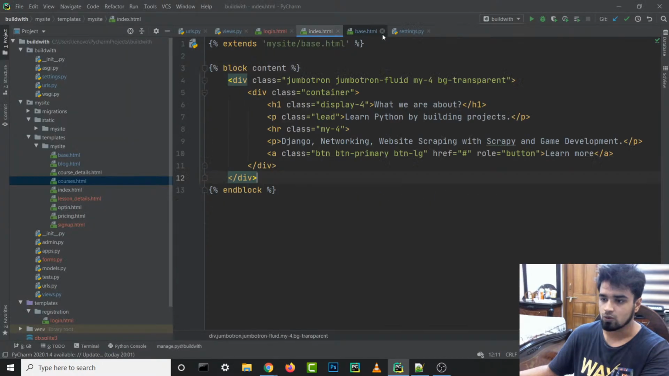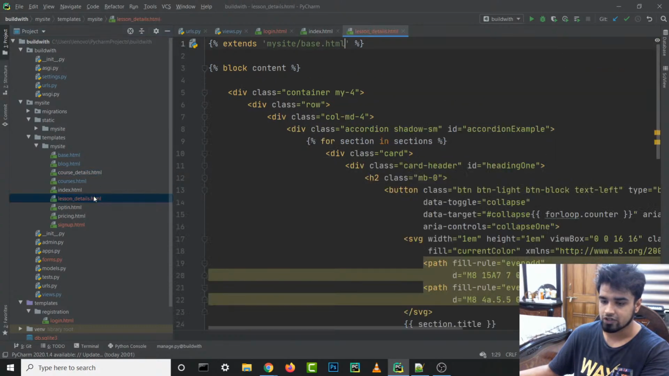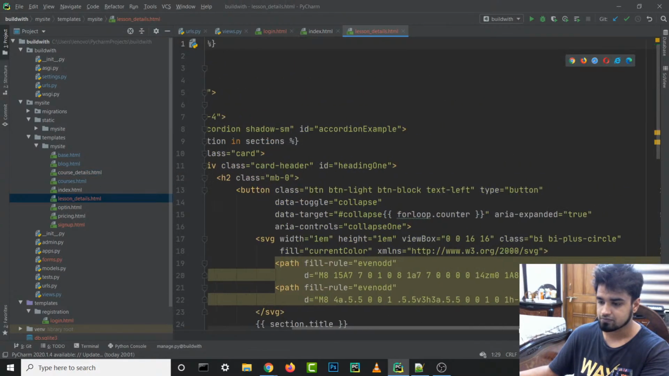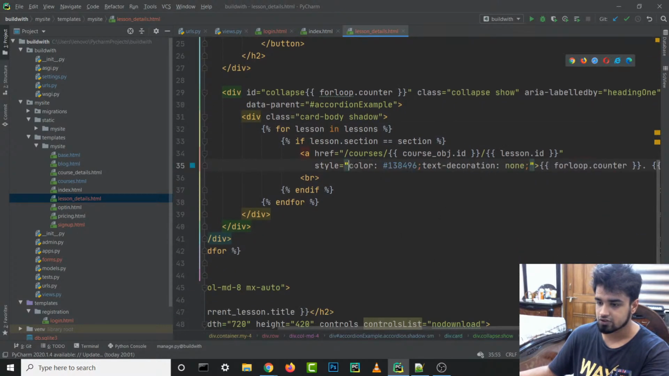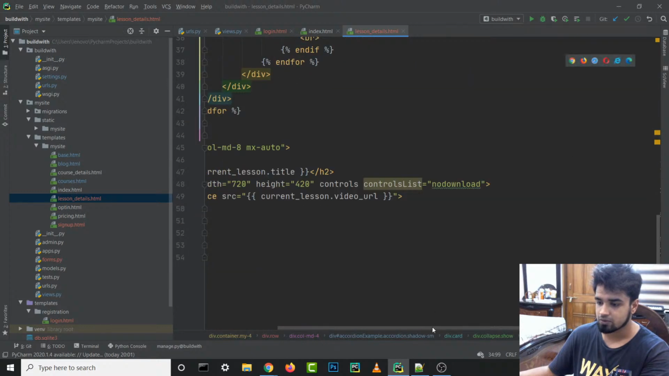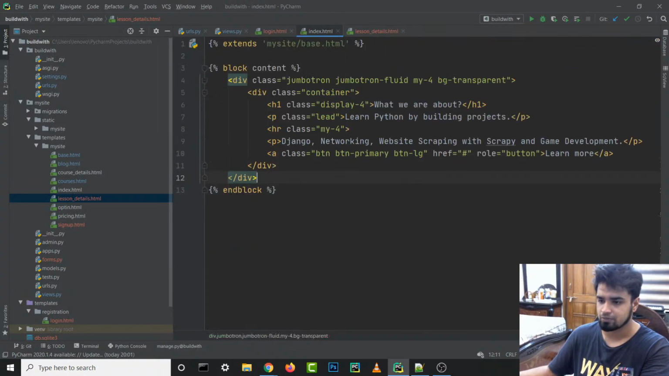So we are gonna go inside our courses details or lessons details .html, and we are gonna go to the area where we import our videos. We have this section, we have our lesson ID, and this is the place where we add the video. So what we are going to do is pretty much the same thing that we did inside our